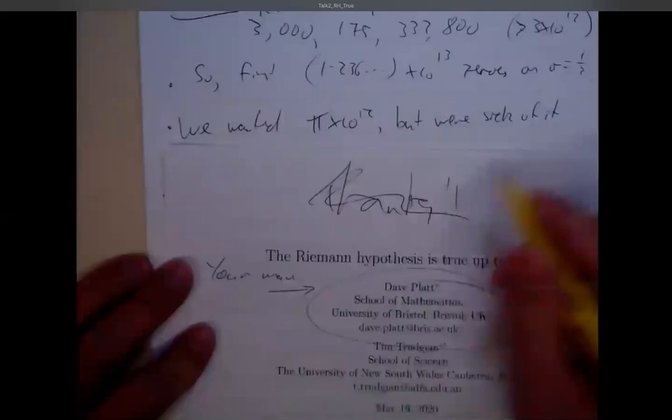I should also add, our method doesn't say anything about zeros off the line, except that there are none in this range. Suppose we ran this algorithm up to 10 to the 50, and suppose there were loads of zeros off the line. Our method's not going to find them. It's just going to return fail. It's going to say, I think I found all the zeros, I'll apply Turing's method. No, I've missed some. Okay, I'll go back, I'll sample the function more. I think I've got them all now. No, I've missed some. You're just going to stick in that loop. We're only looking at things on the critical line, so there's nothing this algorithm can say about the possible location of zeros off the critical line. That's something we addressed in the paper, and I think it's worth pointing out.